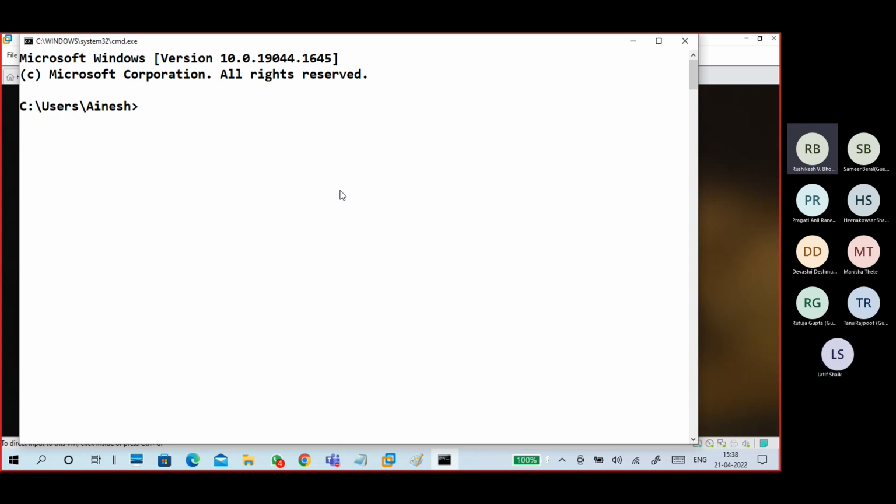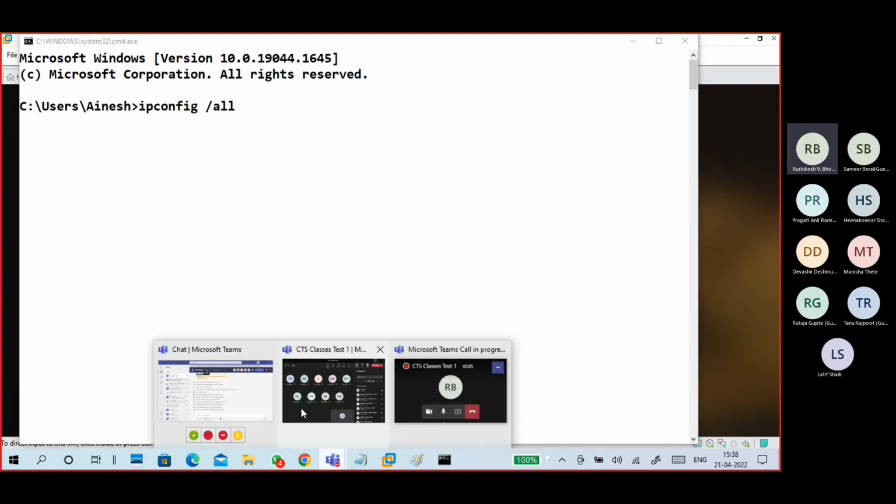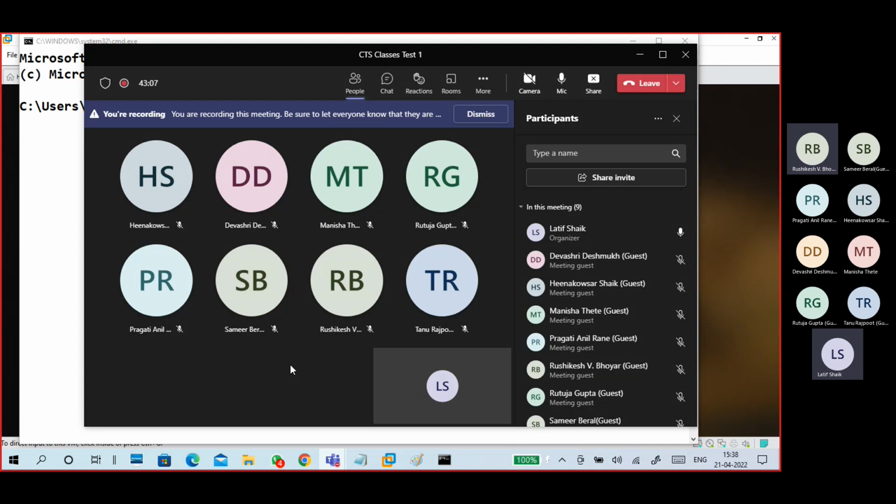Guys, what is the command to check the IP address? ipconfig, or ipconfig space /all. What happened? No one is speaking. I'm connected, right?